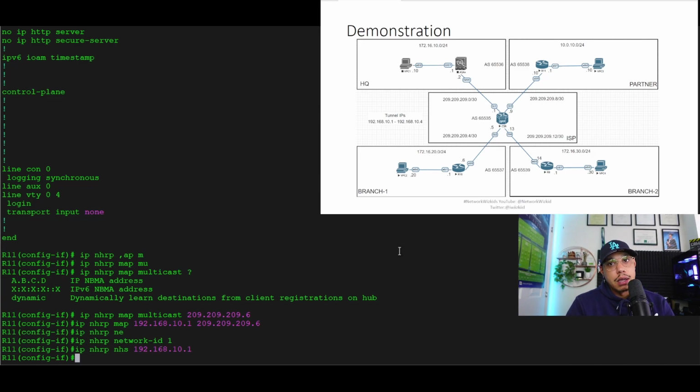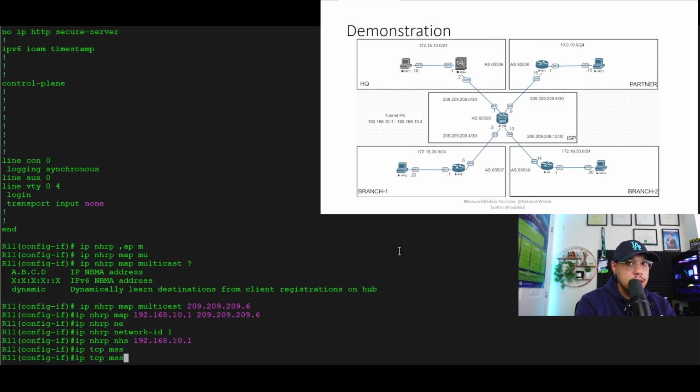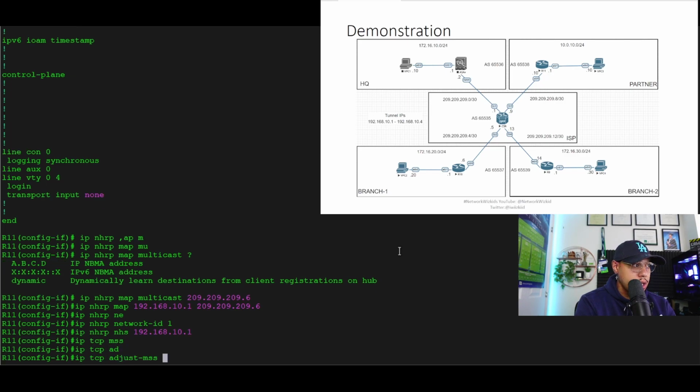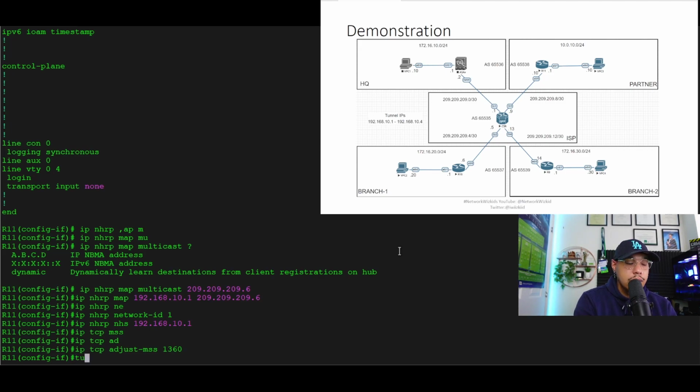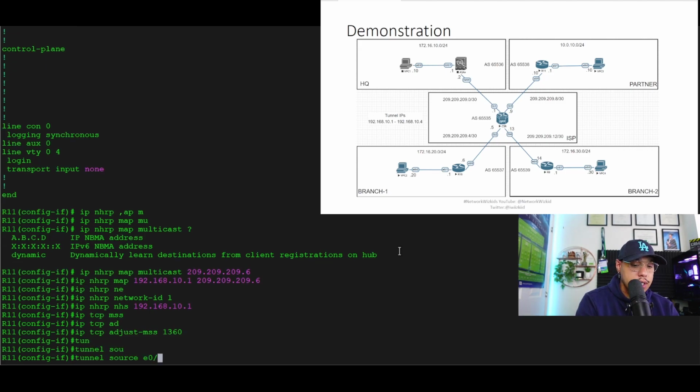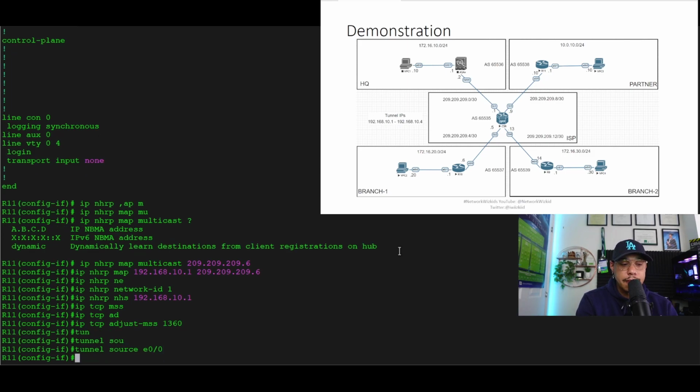And then once we have done that, we can do the maximum segment size, IP TCP MSS, and then we'll do 1360. And then we'll do our tunnel source as Ethernet 0/0, which is the physical outbound or outside interface of this particular router. And now what we do to specify that MGRE on the spokes or create that full mesh deployment